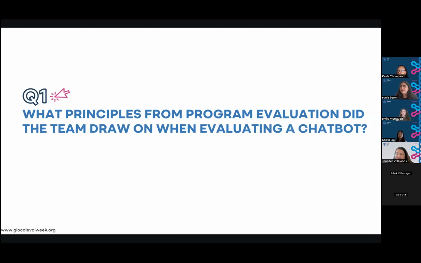I think because with novel technology, it's easy for us to fall into the trap of going straight into impact, which is something that often happens with real world programs as well. But just going to this principle that we should look at use and whether it's working, those process and formative types of evaluations, just to get a sense and dig deep into the chatbot. That's how we got into the literature-based question and how we assess if those really help how they're meant to be helped.